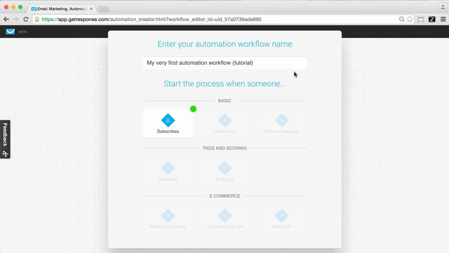In this video, we want to just briefly talk about all of the different elements and things that you're going to see within GetResponse Marketing Automation when you're building your workflows. So we're going to introduce you to the different elements and the ways that you'll utilize them in the workspace